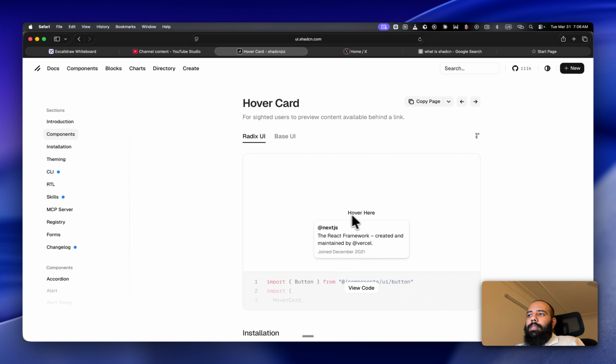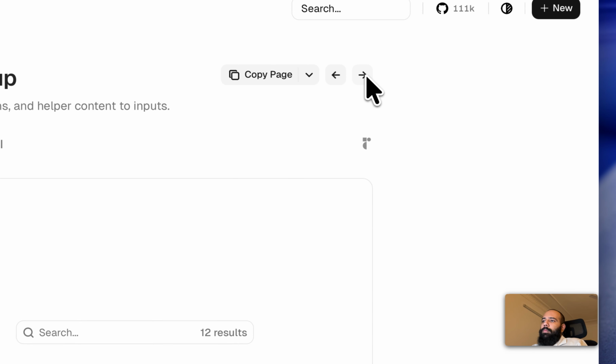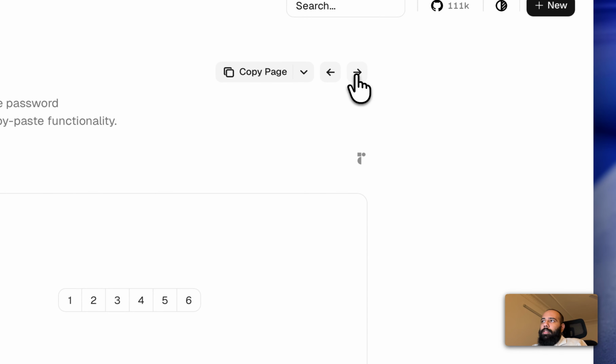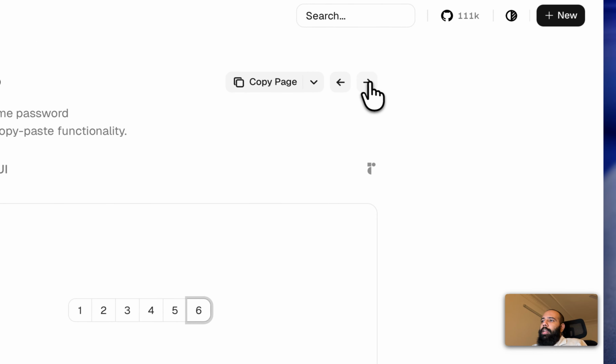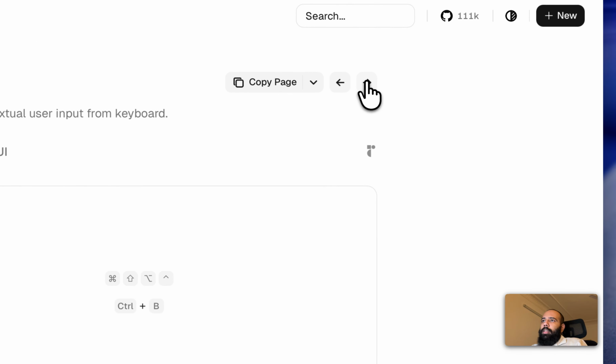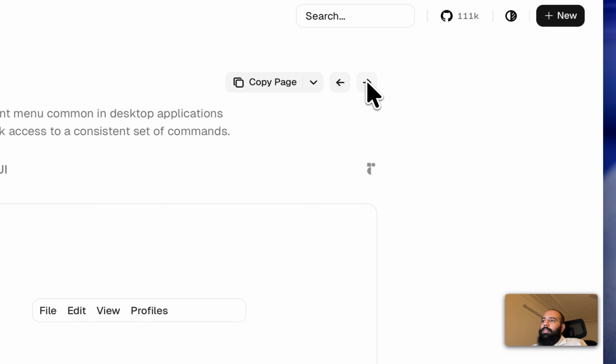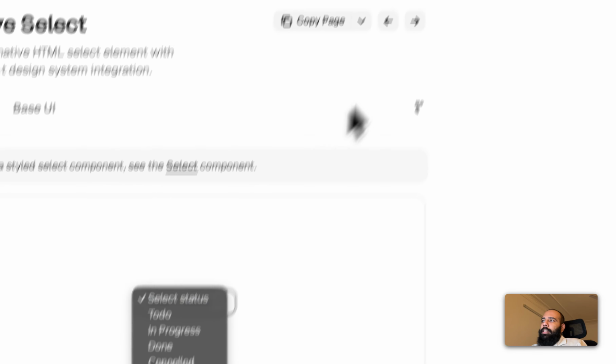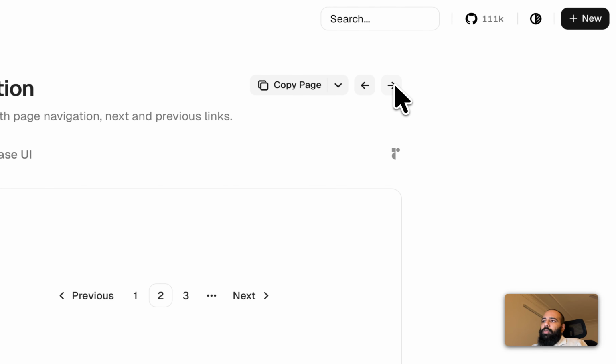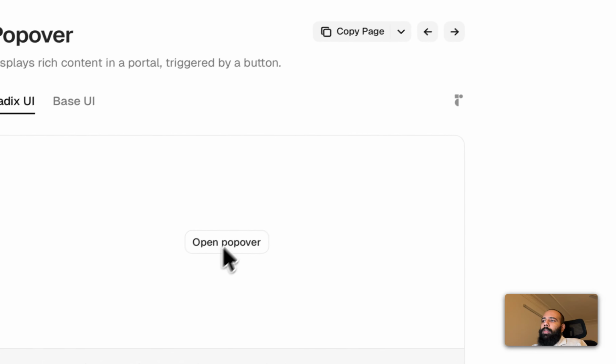Imagine designing something with hover animations, which looks this good. Then you have input OTP, KBD, labels, native select, navigation menus, pagination, popover,